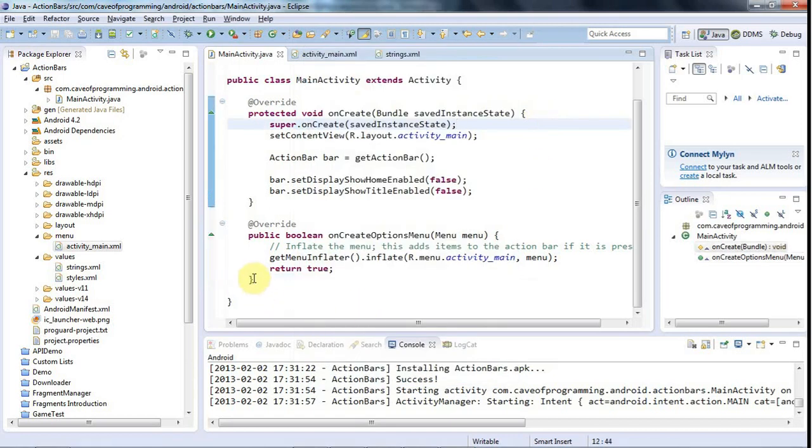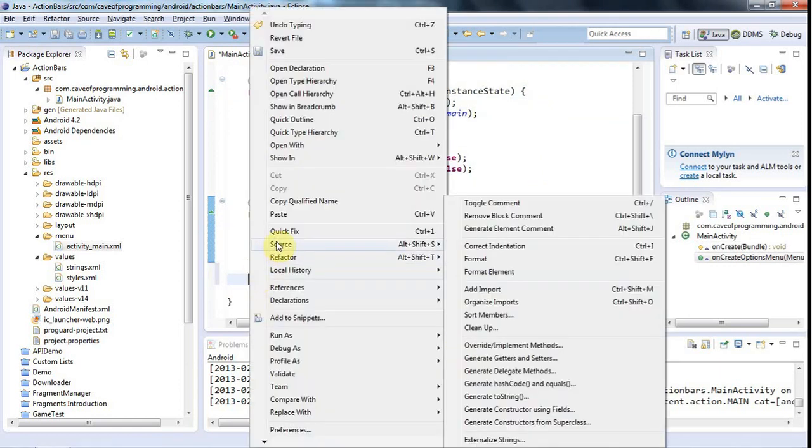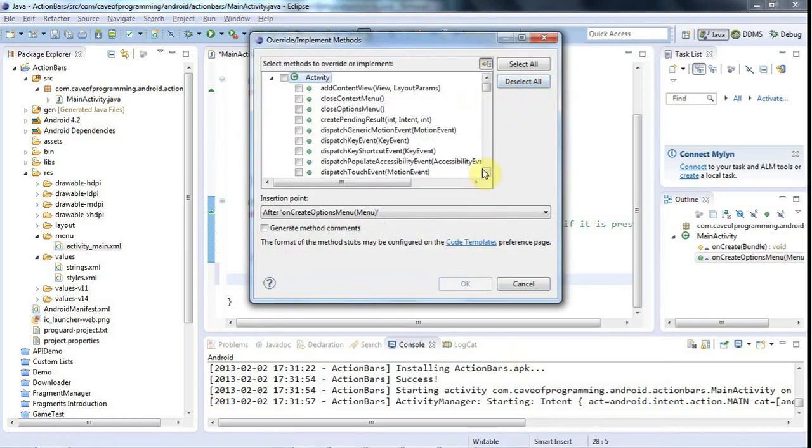And to do that, go into your corresponding activity, right click, and go to source, override, implement methods, and find onOptionsItemSelected, I think it is. Let's have a look, because my memory isn't perfect for these things. So somewhere in here we've got onOptionsItemSelected. That's the one. So we want to override that,